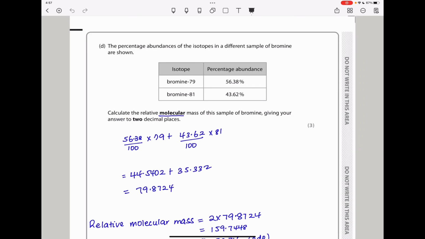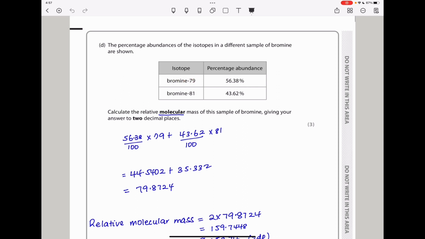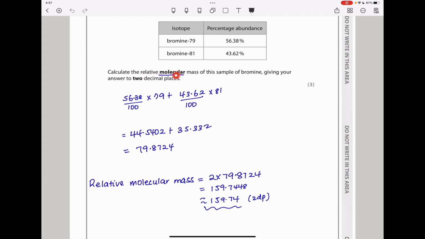Moving on. Here they give the percentage abundances of the isotopes in a different sample of bromine, as shown below. So let's look at this. We have bromine 79 and bromine 81, and these are the percentage abundances. And then they ask you to calculate the relative molecular mass of the sample of bromine, giving your answer to 2 decimal places. All we need to do is, it's going to be 56.38 divided by 100 times 79, plus 43.62 divided by 100 times 81. When you combine those two, you will get the answer. So the sum of that plus that gives us